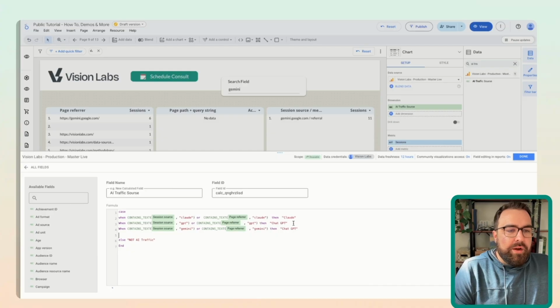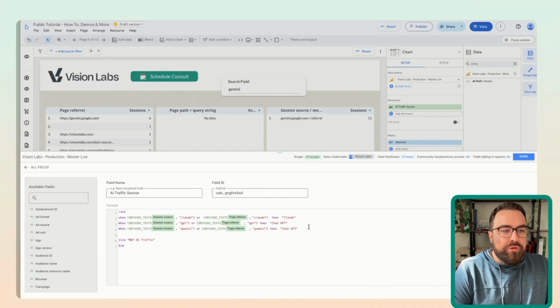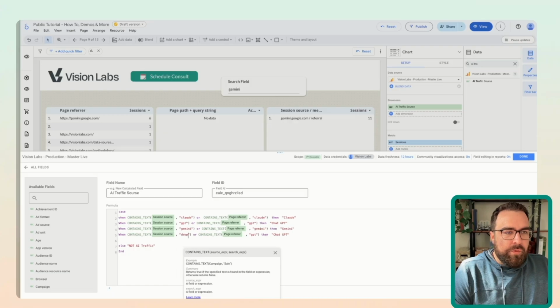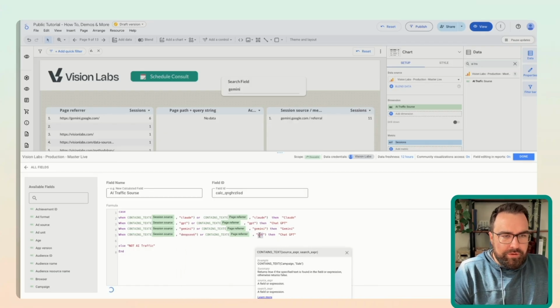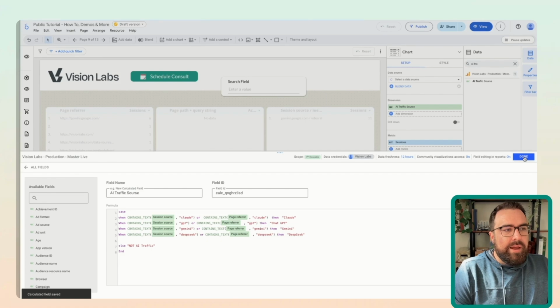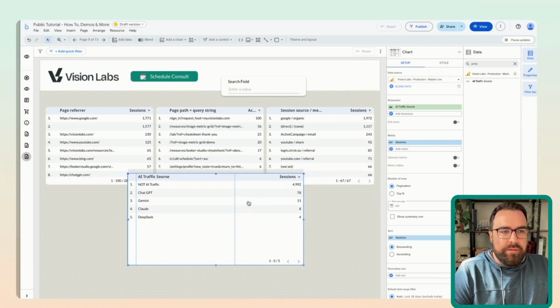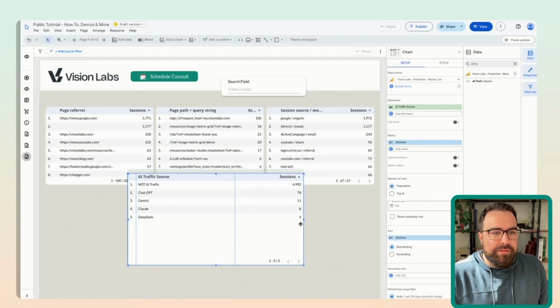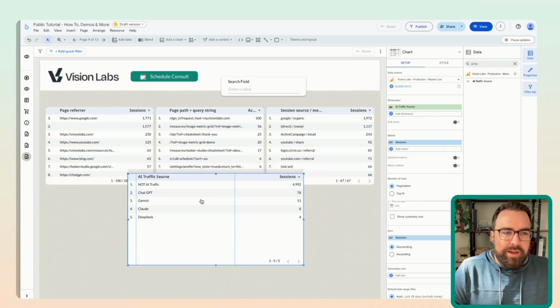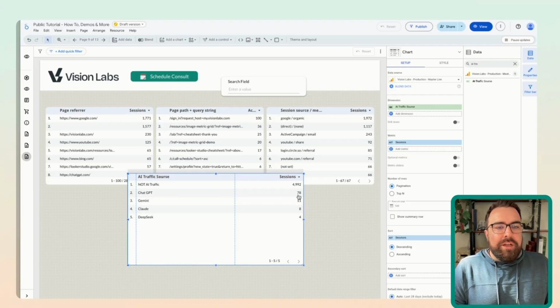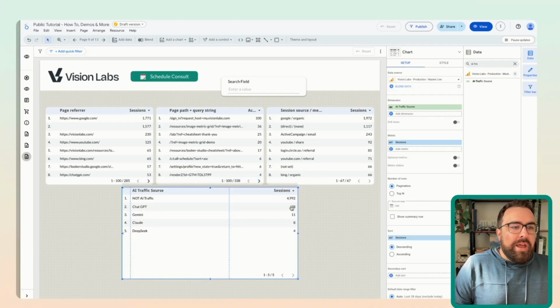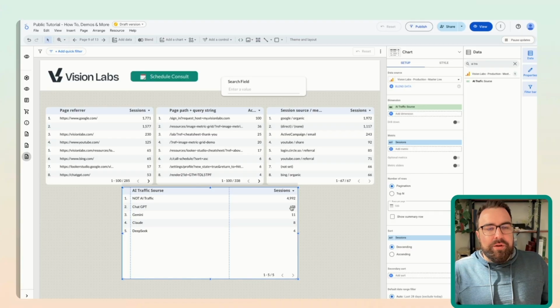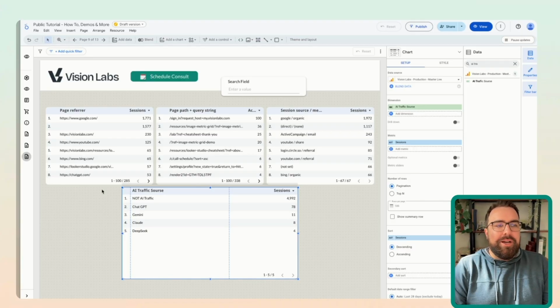And just to confirm, if either one of these are true, then it will return Gemini. And I'm going to do this one more time for another one. I think DeepSeek, I'm not sure if I spelled that right, but let's go for it. And update and done. Okay. So here we go. So now we have DeepSeek with 4 sessions, Claude with 8 sessions, Gemini with 11 sessions, ChatGPT with 78 sessions. And all you've got to do here, folks, is go look up a list of